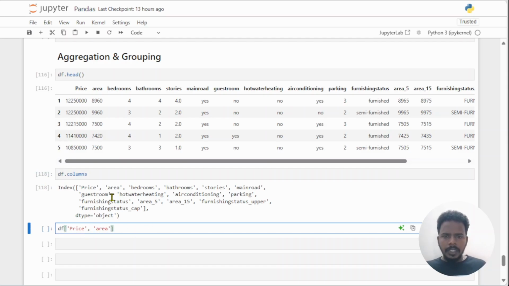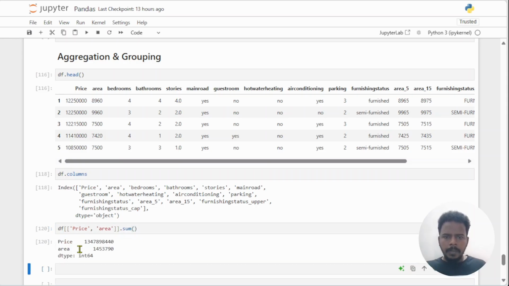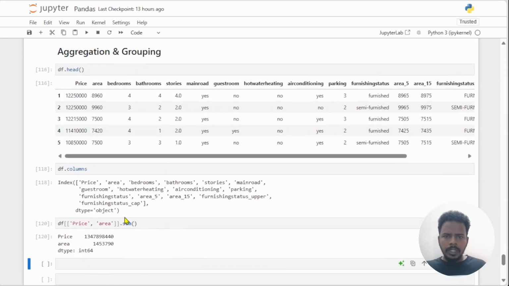For example, if you are mentioning two columns, as I told before, we have to use two square brackets, then dot sum. See, the total price and total area. For example, if you want to mention the furnishing area,